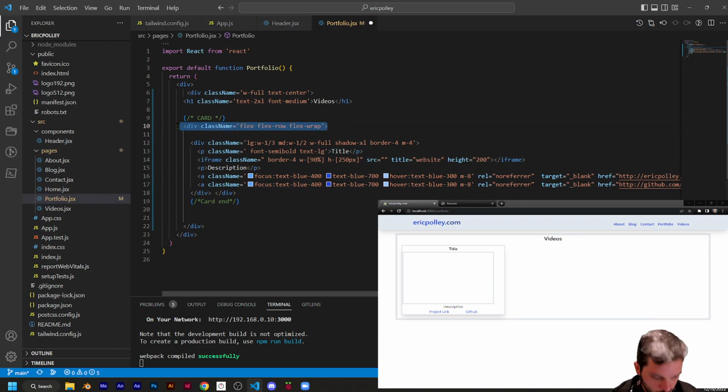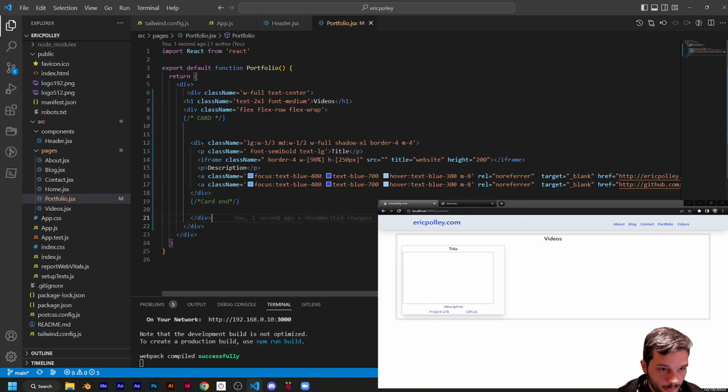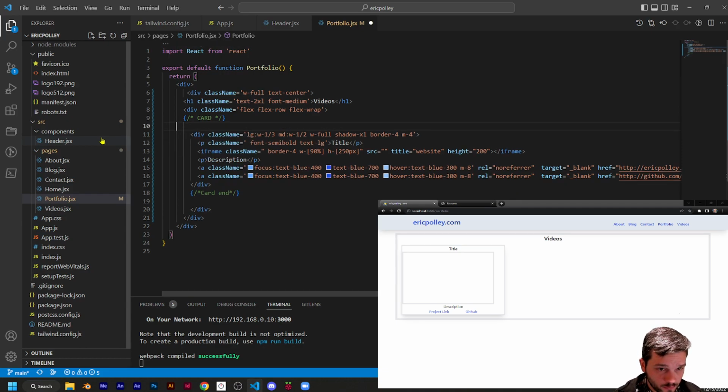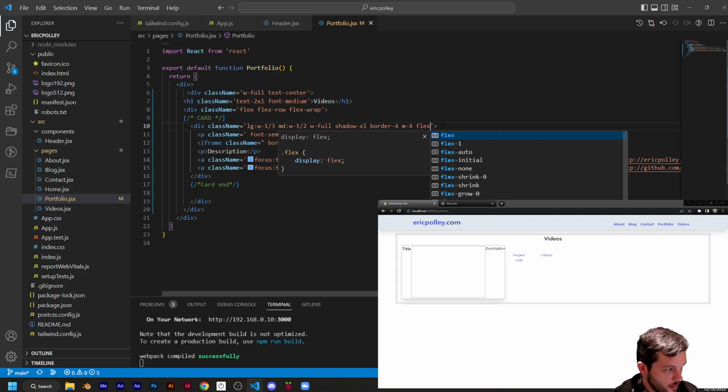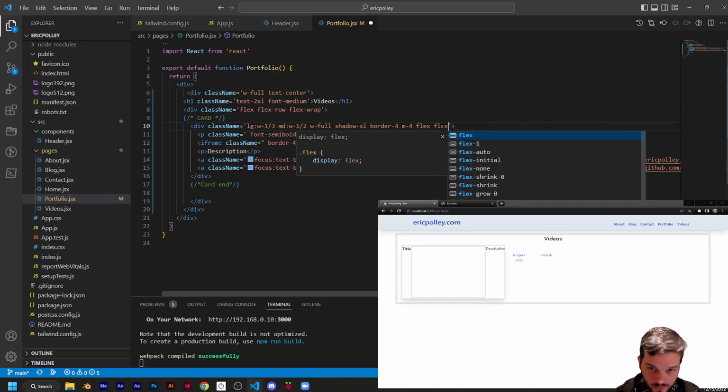So this is actually supposed to be outside. Like so. And this one ends right here. About here. Alright, so that's where that was. Now that makes a lot more sense. So now if I add a flex onto this one, this controls this entire box right here. So if I add a flex, and then a flex column,